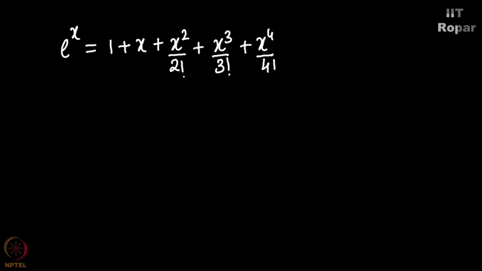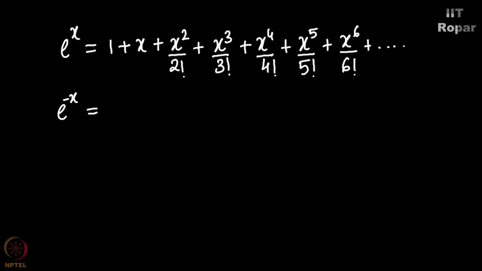We all have studied some basic calculus where we have observed that e to the x can actually be written as 1 plus x plus x square by 2 factorial plus so on. This is derived from Taylor series. Technicalities aside, you just need to know that e to the x is so much. If e to the x is so much, what is e to the minus x?